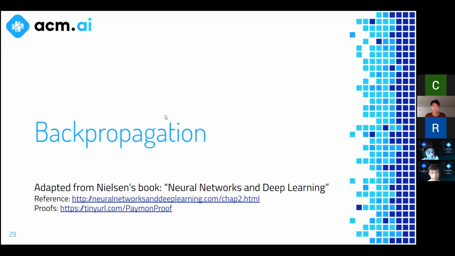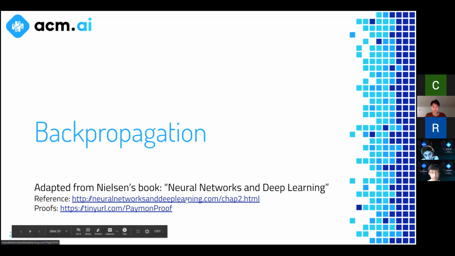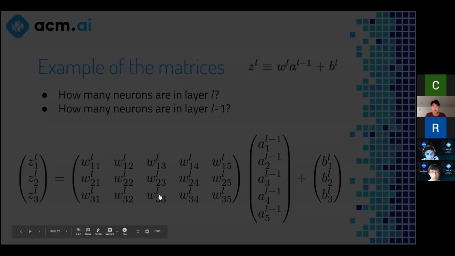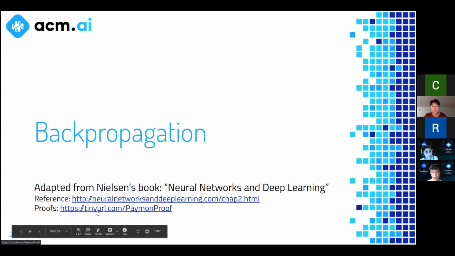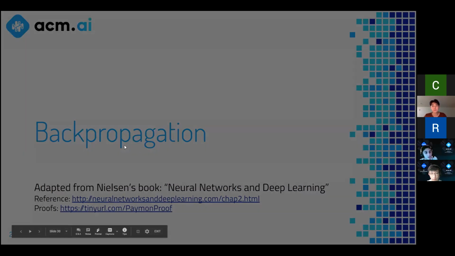Now, this is the same book that I was talking about earlier, and that hyperlink up there. I'm not going to go back, but it links you to the specific chapter about back propagation. And here's a list of proofs, like a really sketchy note paper, that I did on the equations we're about to go over. I'm not going to go over them because it would take forever, but I did the proofs for all of these equations that I'm about to show you guys. So if you really want to understand it more, please look at that. And if you have questions about it, ask me in the Discord later.